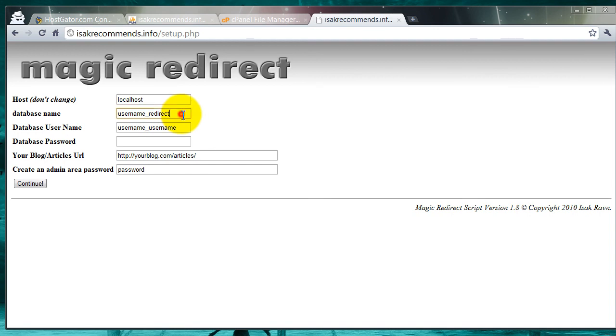The database name. The database name is redirect, but you'd need to put your username before that, so it would look like this: your username underscore redirect. The database username, again, use your cPanel username, and the same with the database name, it's the cPanel username underscore redirect, and the database username is your cPanel username underscore and then the username you created for the database. And in my case it was redirect. The password for the database, in my case it was just password,